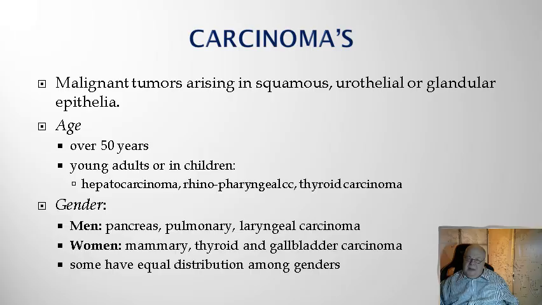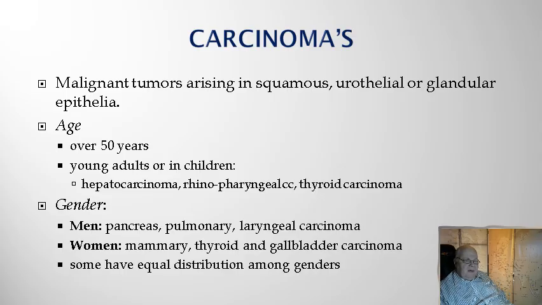Now we finished with the benign epithelial tumors, and we'll start to discuss about malignant ones, all of them being called carcinomas. So all the malignant tumor arising from epithelia. Unistratified, multistratified, all epithelia generate carcinomas as malignant tumors.